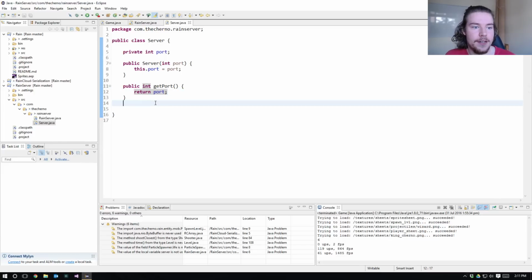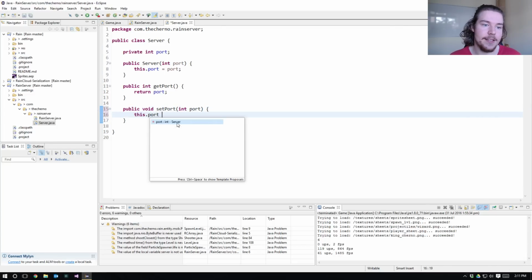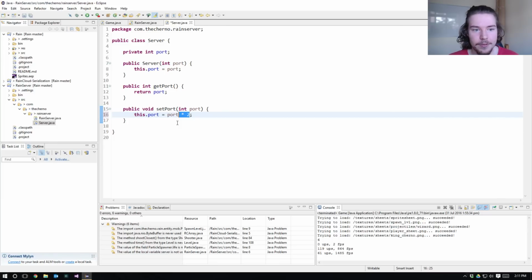The other thing is, I will note one other use for having a private int and then both a getter and setter. And that is if you're going to do more than just set the variable. If you have exactly this code, then yes, that is bad. Don't do this, right? But if you're doing some other stuff like port times 2, that's totally okay. Now, obviously this is a nonsensical case because you wouldn't be doing this ever. It doesn't make sense to just double the port, right? But